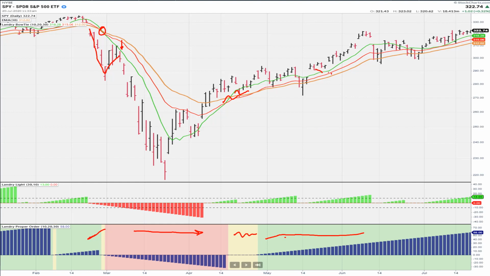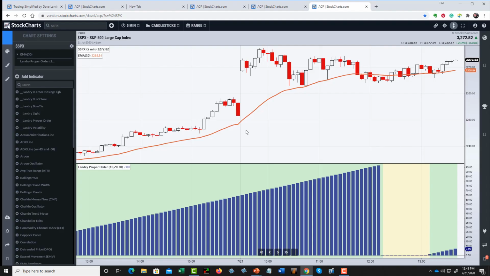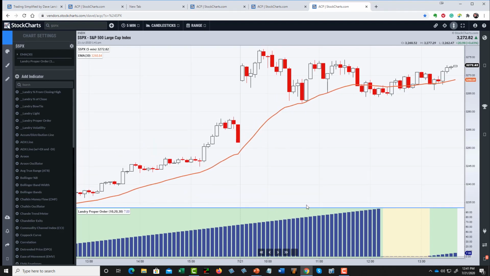Notice that the 10 is greater than the 20, and the 20 is greater than 30. These are exponential moving averages, and this one is a simple moving average. So if we get back to the live charts, and we put in proper order of the moving averages,